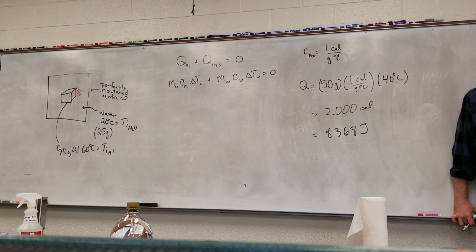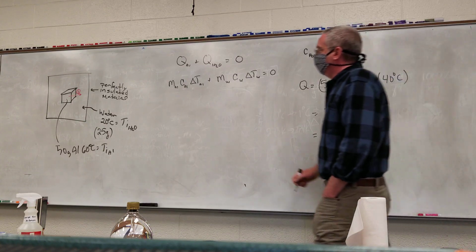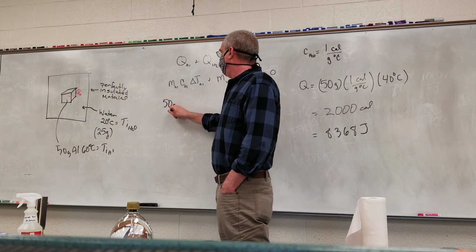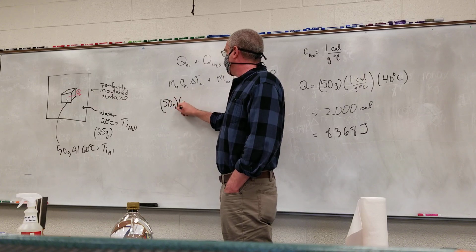The M's and C's we know. So mass of the aluminum is 50 grams. Specific heat, 0.21